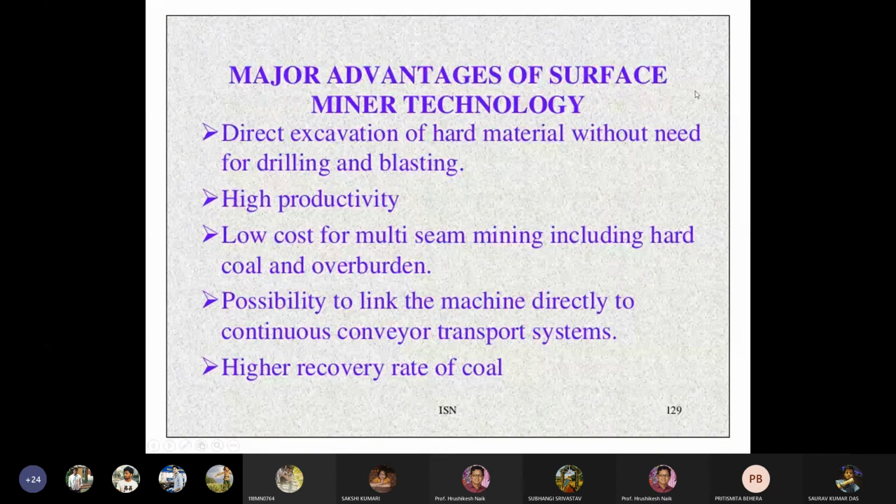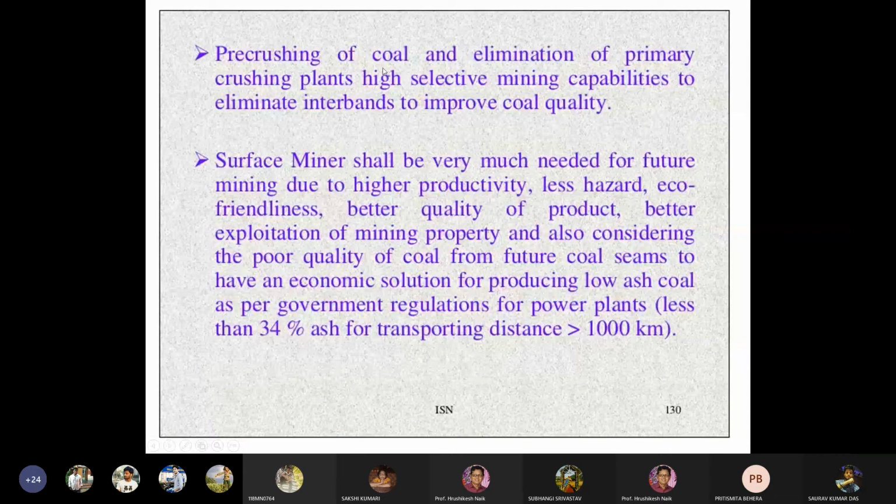So the major advantages of surface miner technology: direct excavation of hard material without need for drilling and blasting, high productivity, low cost for multi-seam mining including hard coal and overburden, possibility to link the machine directly to a continuous conveyor transport system, and higher recovery rate of the coal. Pre-crushing of the coal and elimination of primary crushing plants, and high selective mining capabilities to eliminate interbands and improve coal quality.